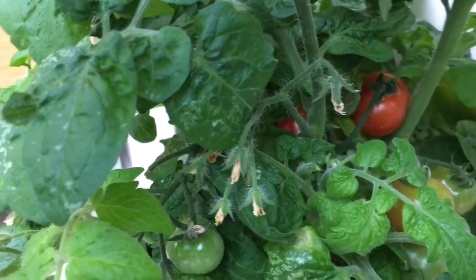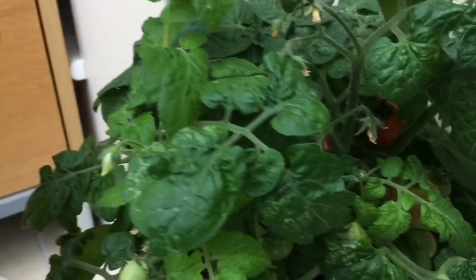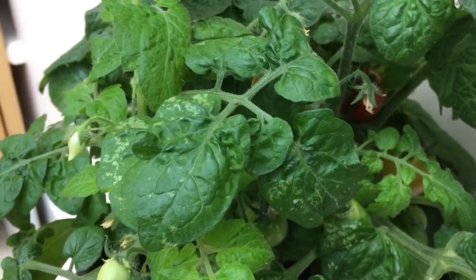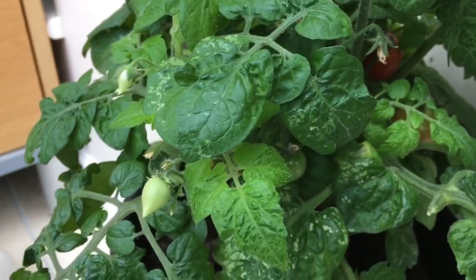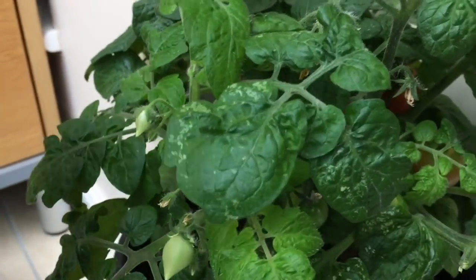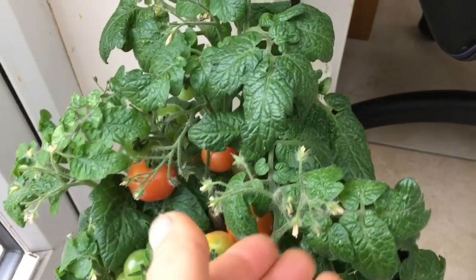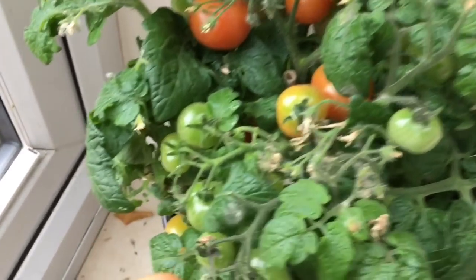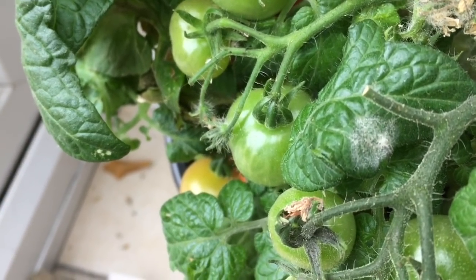And this corner, that's actually ripening up pretty well. Not that many tomatoes on this one for some reason, but I've got some flowers on it, so I've been pollinating these to see if I can get another succession out of them. But we are starting to get some variegation on the leaves now, so they're not at their best, these plants, but they're doing okay. One final plant, again this one's just finishing the flowers, so it'll be interesting to see. And also note maybe the odd leaves now getting a little bit of mould on them,